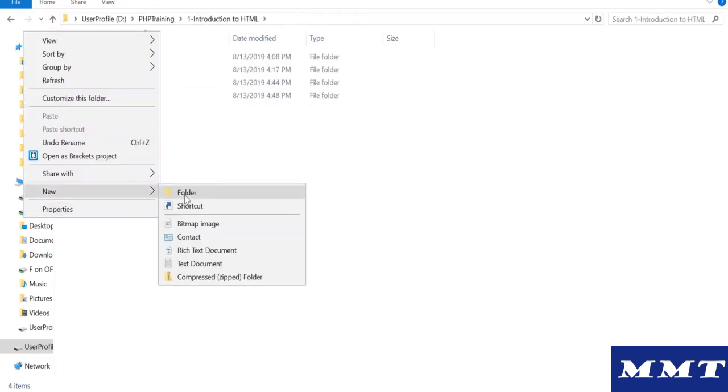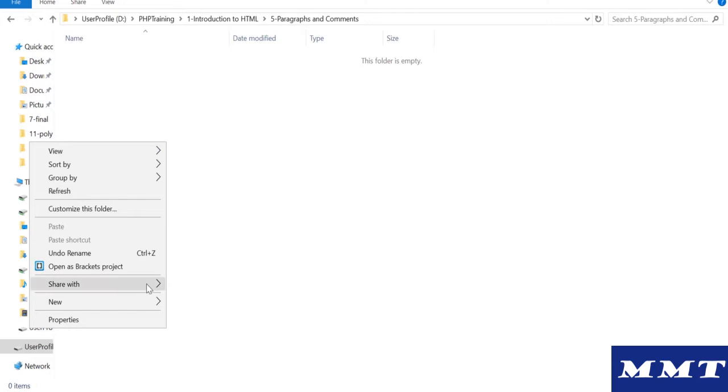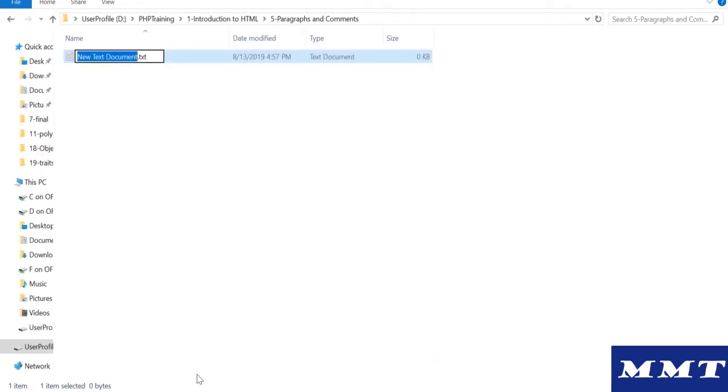Let's create another folder, paragraphs and comments. Okay, and we'll create a file. We'll write both paragraph and comments in one file.